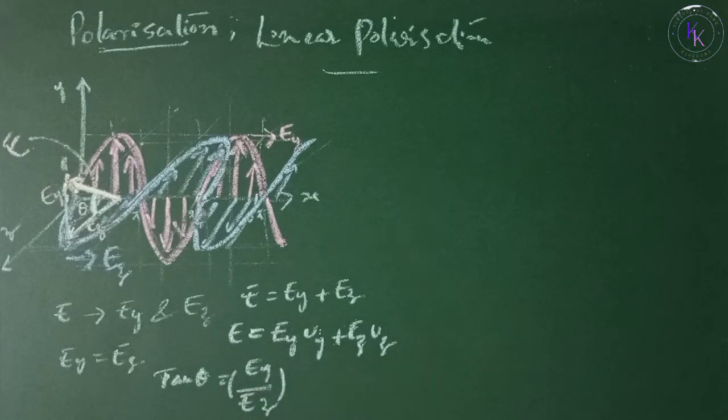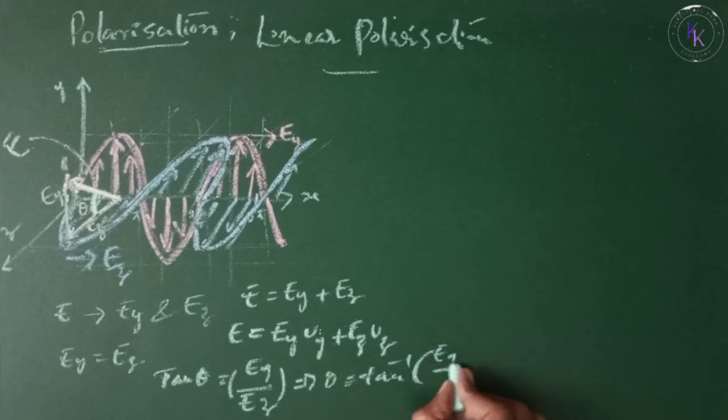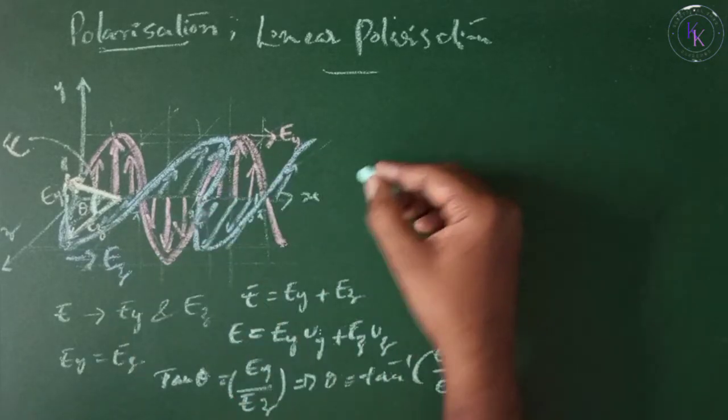The field vector E is inclined by the same angle theta, theta equals tan inverse of EY by EZ, to the EZ plane. The vector E appears to oscillate along a straight line in a plane held perpendicular to the x direction. So when you observe this in the figure,